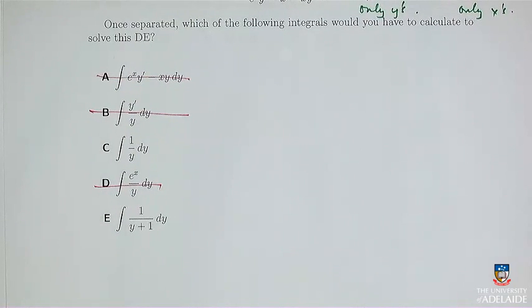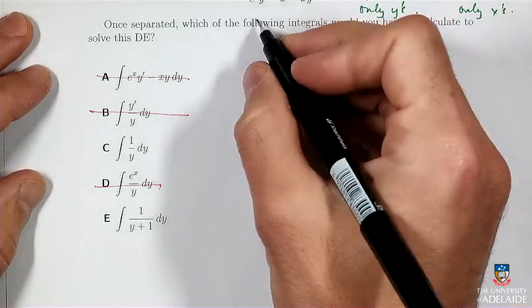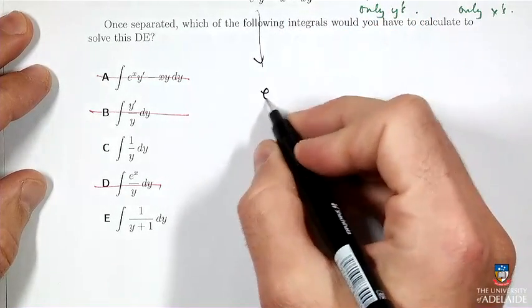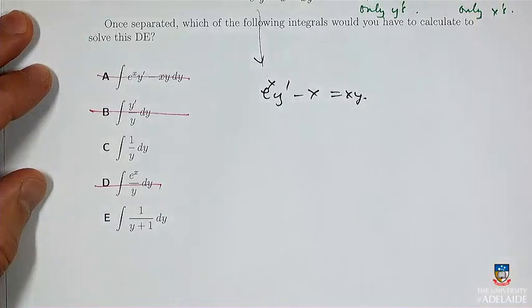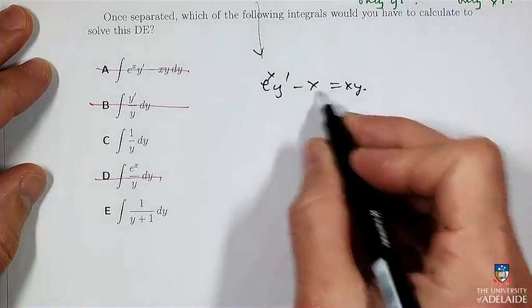Okay, so immediately I've got a 50-50 chance, right? Which is much better than a 1 in 5 chance. So to actually work it out, then you have to actually separate it. So let's take this, right? We've got e to the x y dash minus x equals xy. So to separate this, first thing I'll do is put the x over here,